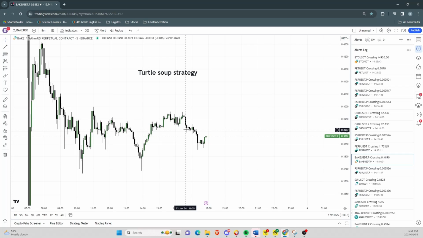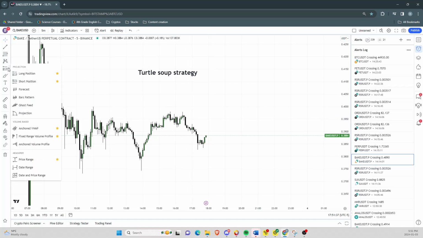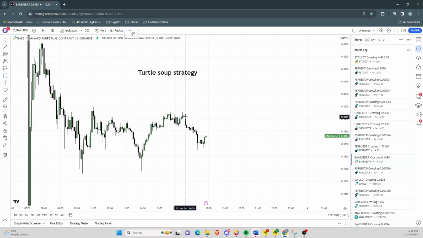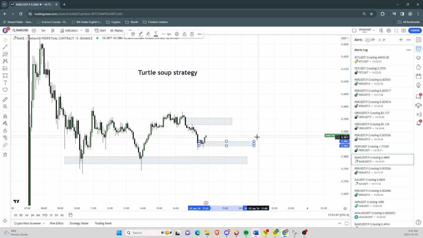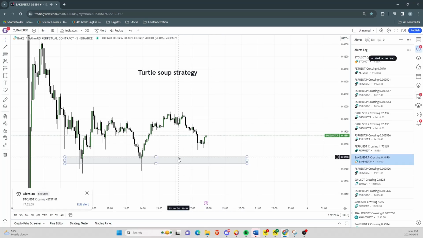Some of those people who are familiar with OBs and liquidity and fair value gaps, buy side liquidity, sell side liquidity, can see everything. See, this is a fair value gap. I don't need an indicator to tell me that this is the fair value gap, right? You have a fair value gap here, and then you have liquidity here, and here you have equal lows. All of those are obvious for someone who's been trading for a long time. And here you have an OB, right? It is very obvious and seen with the naked eye for someone who has been trading for a long time. But if you have not been trading that long,